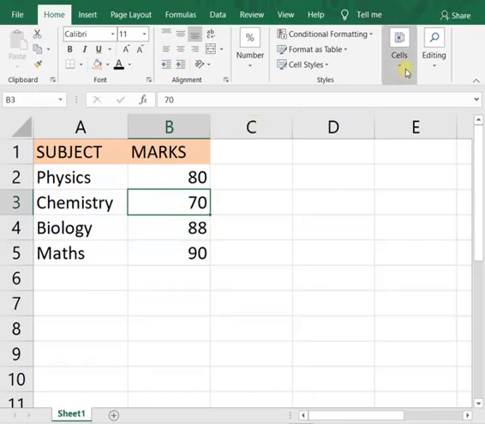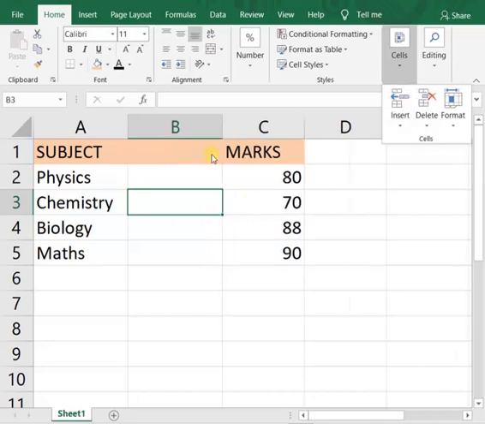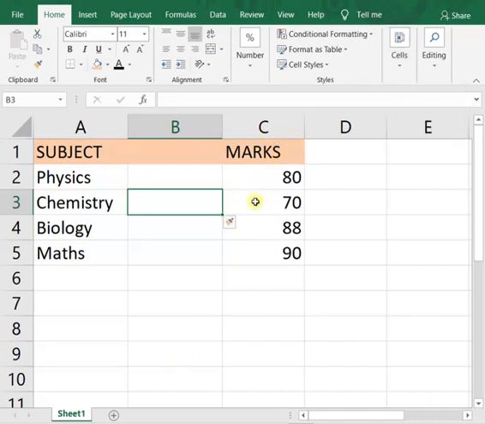And we will go to this cells, insert sheet columns. Now we will insert sheet columns. You will see a new column has been inserted between these two columns, and I have selected this marks column because if I select this marks column, then on the left side of this marks column the new column will be inserted.